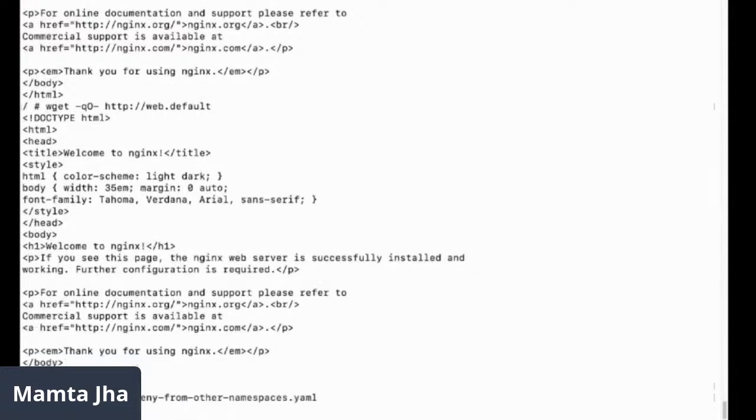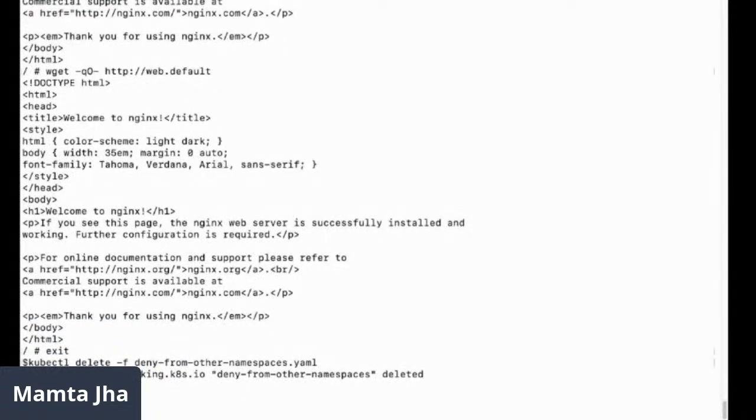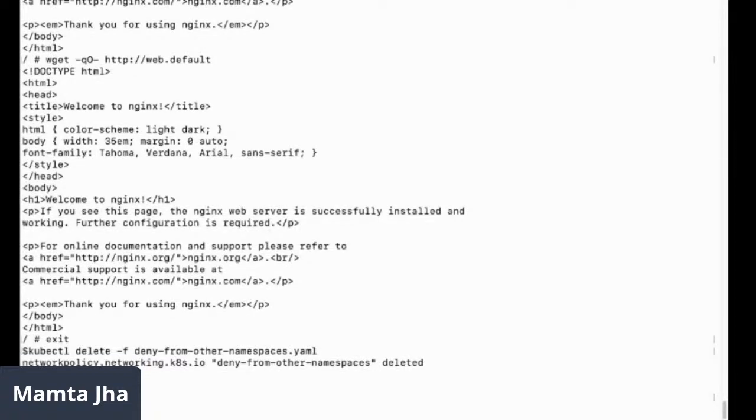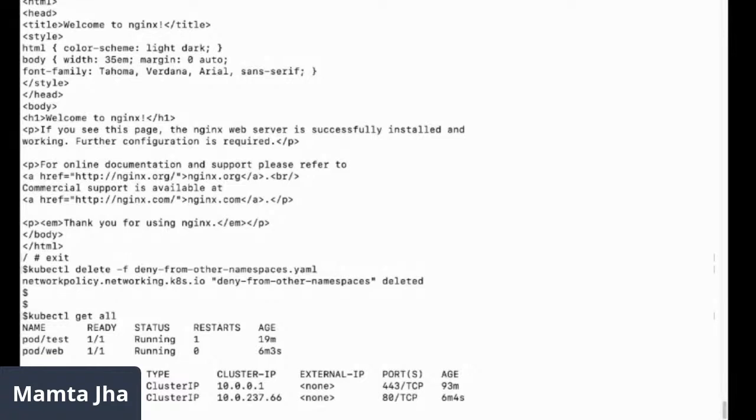I'll just go ahead and clean up my policy. And the web pod is existing. kubectl get all. The web pod is already existing, so I'll not create a web pod. And a pod is existing in the monitoring namespace. If I apply this rule that it can accept packets from all namespaces, then we would be able to communicate between the pod which is residing in the monitoring namespace and the pod which is residing in the default namespace. Let's do that. kubectl create.